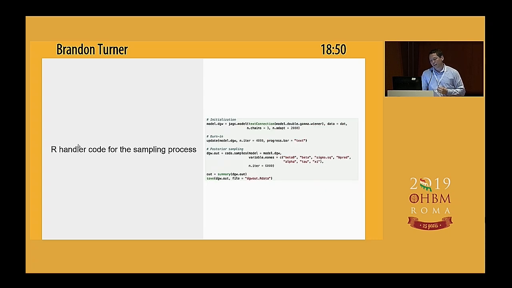Then you need your R handler code. If you're trying to implement this, you're trying to run from one R script, and you don't really even need to look at the JAGS syntax, but it's there if you want to check it out. And it's just a couple of things here. I'm not going to be able to tell you all about JAGS in this talk, but the basic idea is you need to adapt the JAGS model. There are ways of getting your chains. Okay, so in Bayesian sampling, you have to use chains in order to sample from a target distribution to get a posterior estimate. The posterior estimate is akin to a single point estimate, but it expresses uncertainty. So it has both the mean, but also